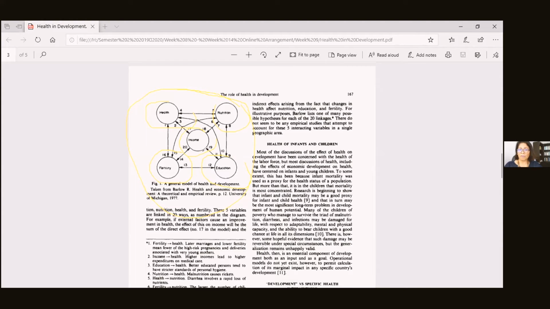Now, if you focus on, let's say, modernization theory, you might be looking at GDP as the main measure of development. How does health affect income, whether at the national level or at the state level? So please do take time to read the article